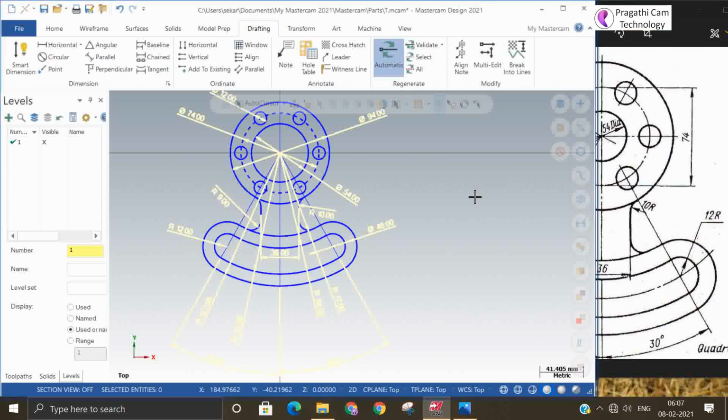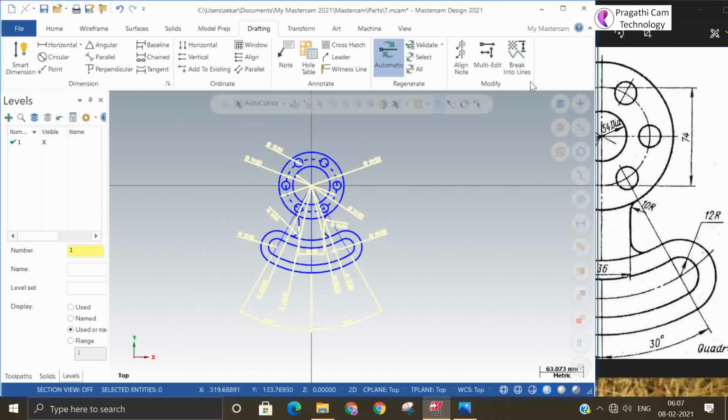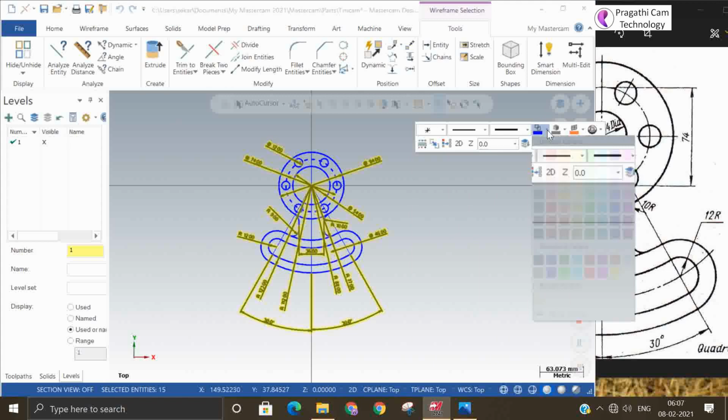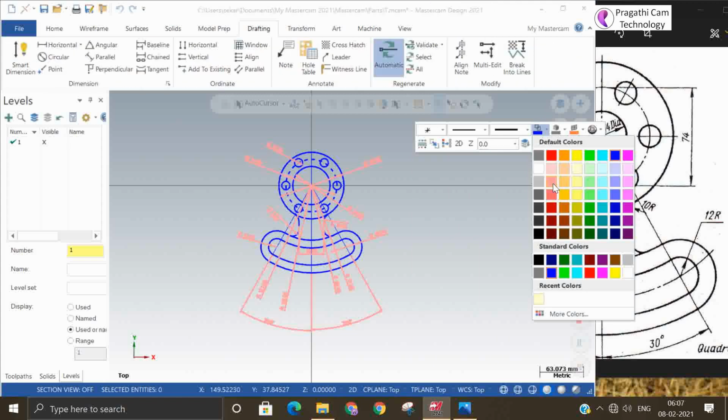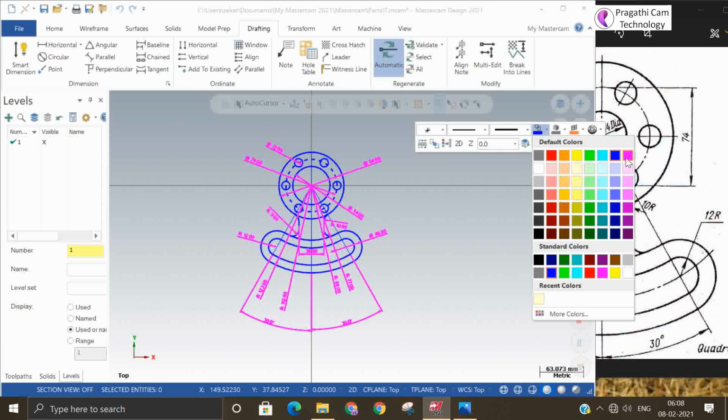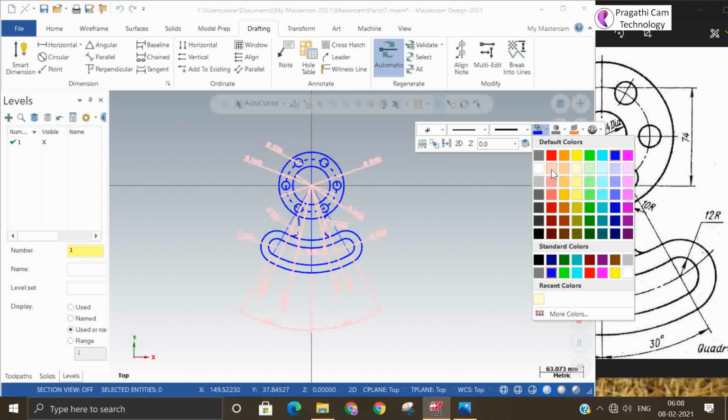This color is looking very dull. We can change all dimensions to some other color, and keep white or whatever, you are free to change these colors.